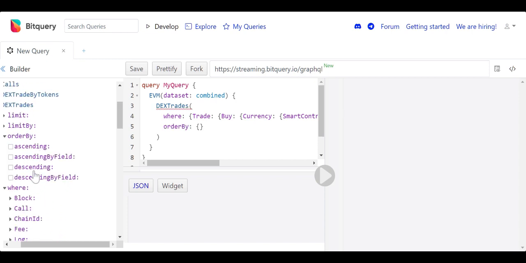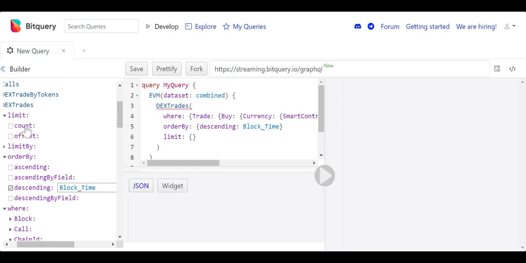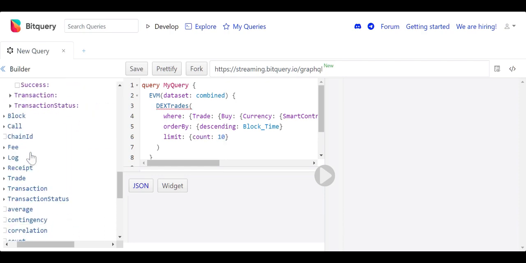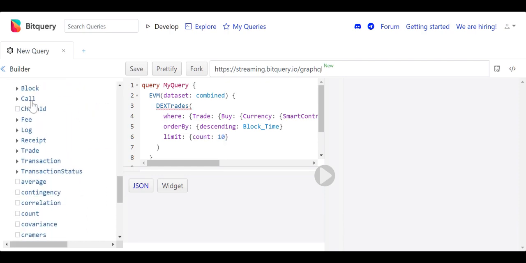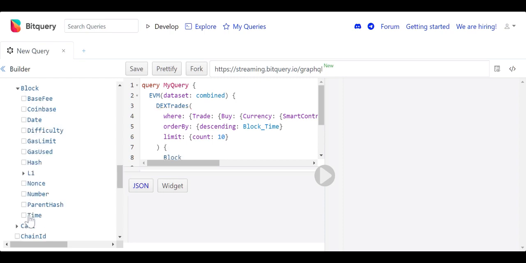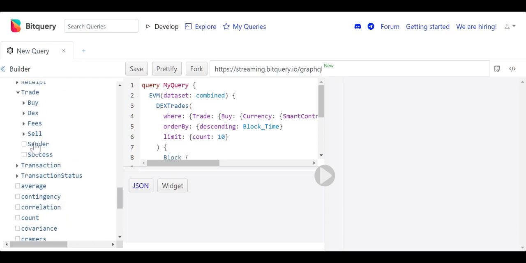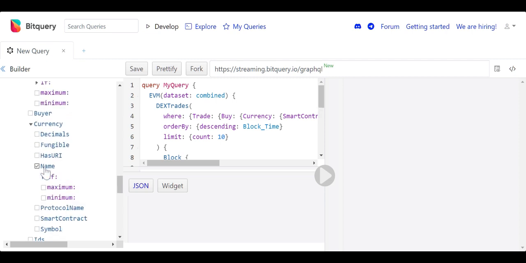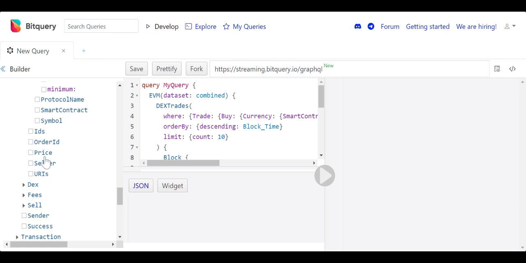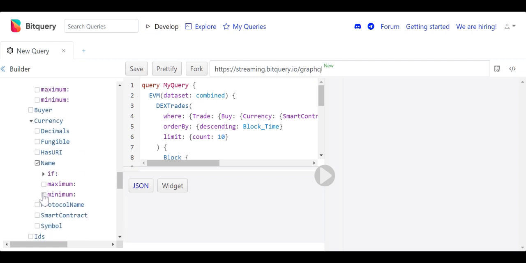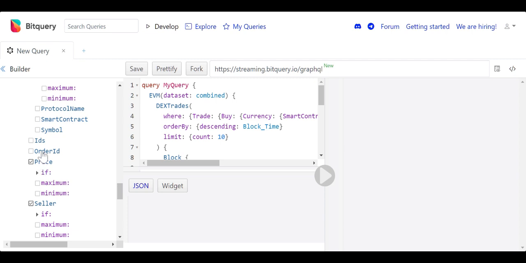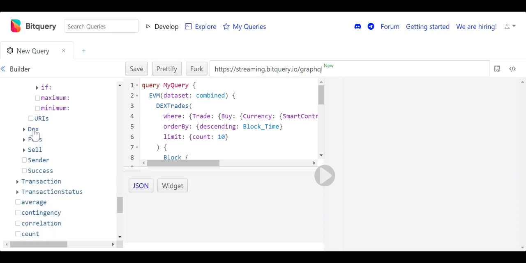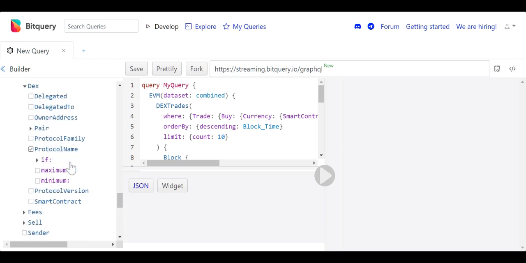Order by descending of the latest block time, and we will limit it to 10 trades for now. We need the block time, trade buy amount, currency name, price, buyer, seller, order ID, DEX, protocol name,